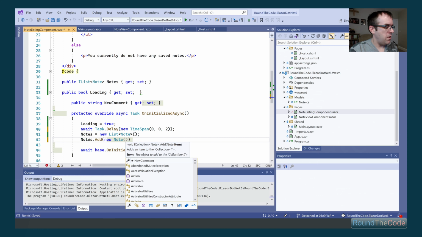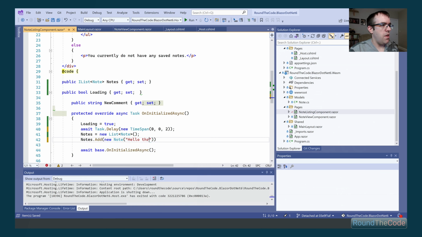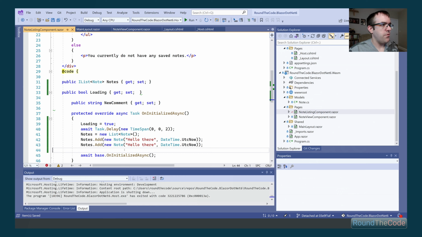I'm going to create a new note, "Hello there". I'm going to set the time to now. I'm just going to add another note as well. I'm going to put "How are you doing" in there. And once that's done, we're going to set the loading back to false.